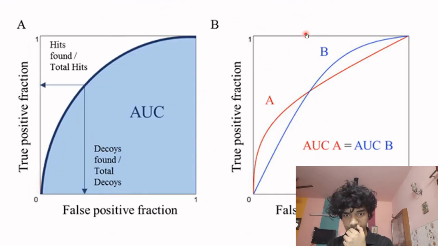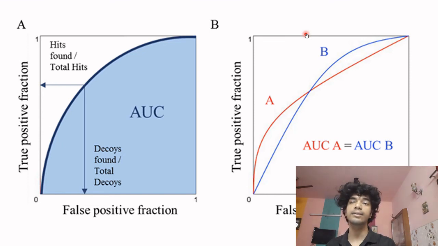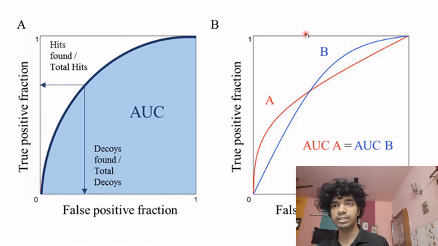And this is what happens if the curves are like this. How do you compare? Then comes the concept of area under the curve. Either you can directly inspect or you can obtain the area under the curve and directly compare. I think this justifies the concept to a great extent.